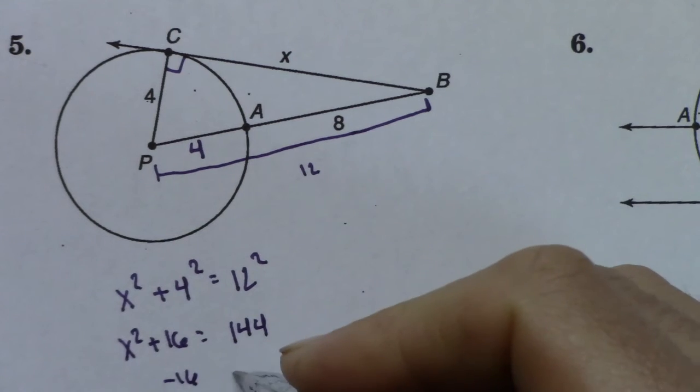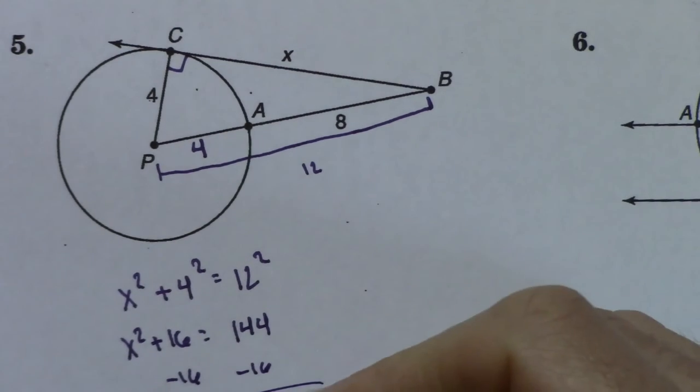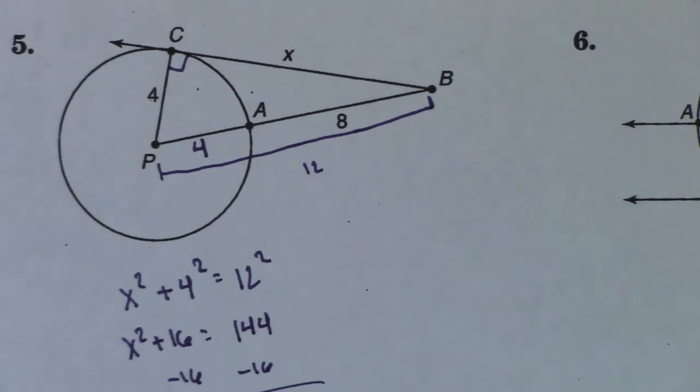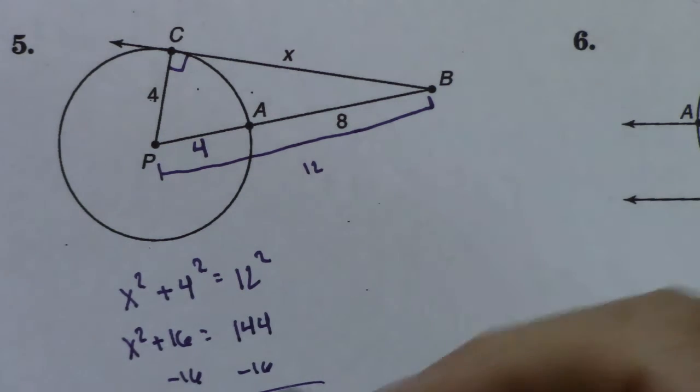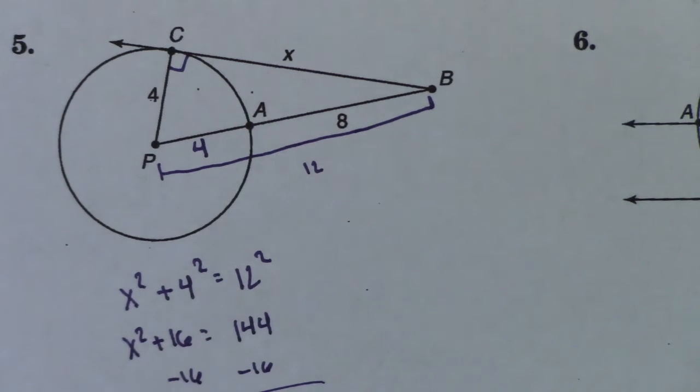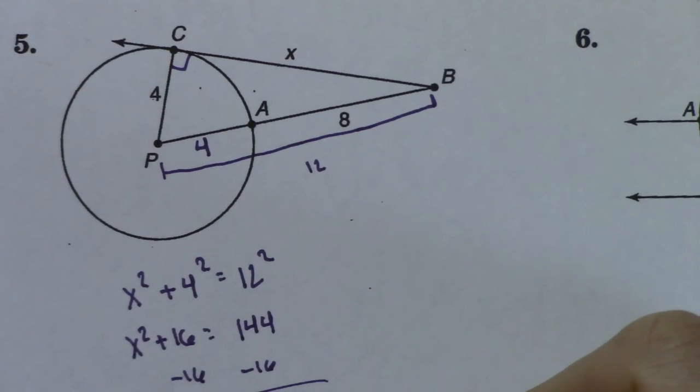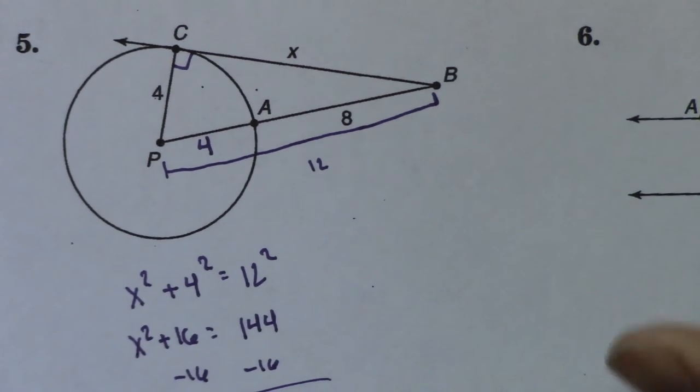Minus 16, x squared is equal to 128. Take the square root of both sides, x equals square root of 128, and we can get